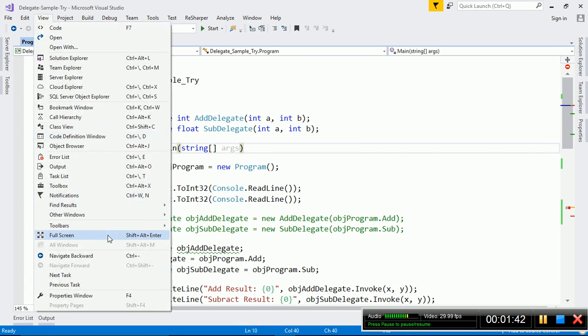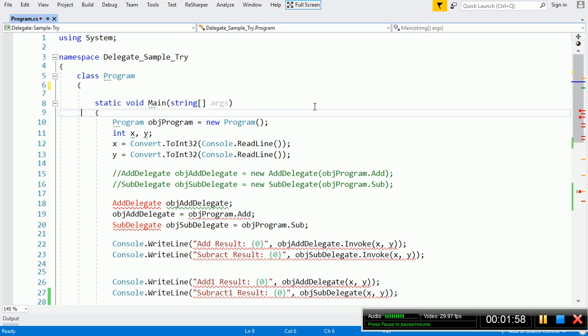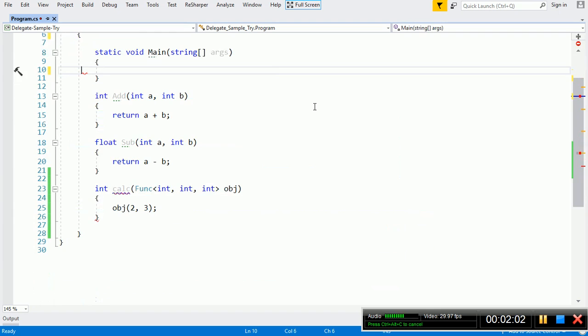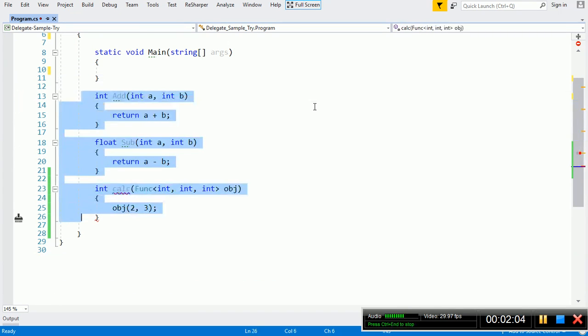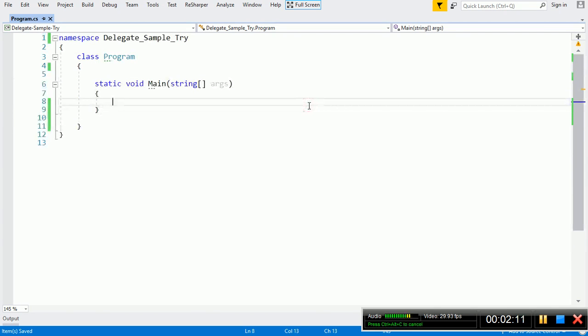I will keep this as full screen. This was the program which we wrote in our last class. I will delete all these lines and then we will write it fresh. So now I will create a new class.